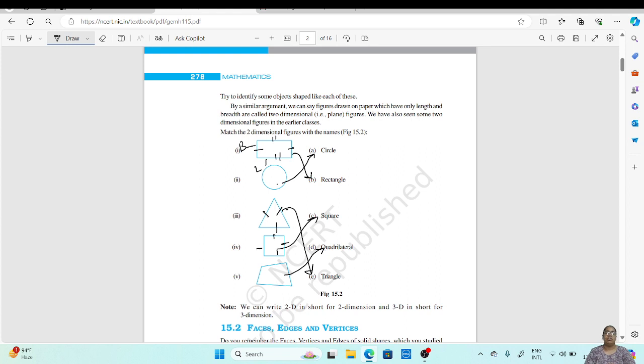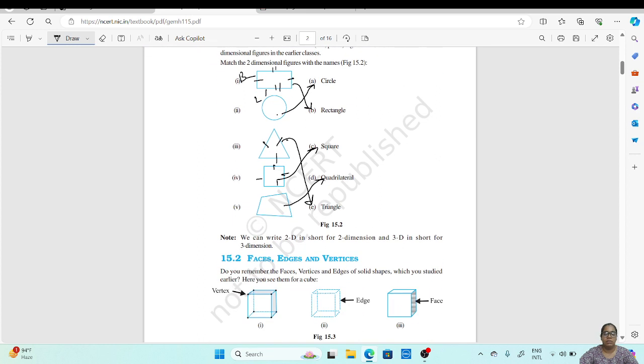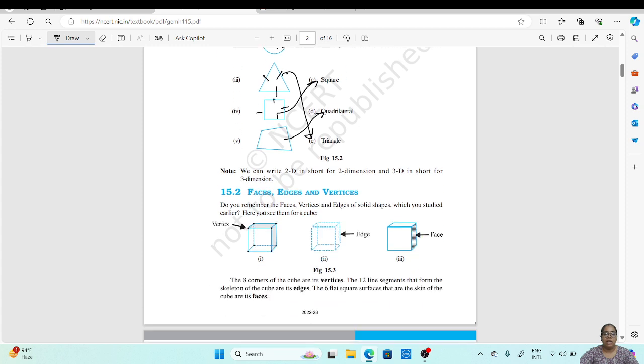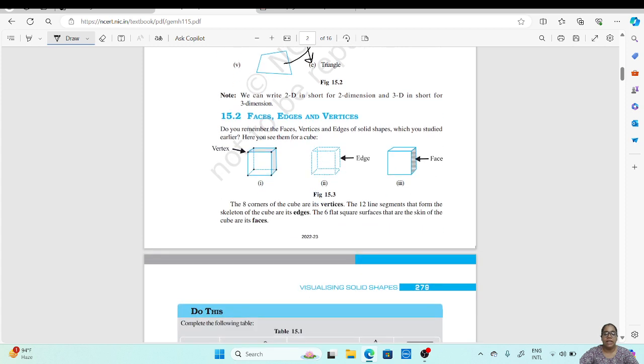So this was about two-dimensional and three-dimensional shapes and how they look in three dimensions and in two dimensions. Now let us see what these three-dimensional shapes are made up of. First, three-dimensional shapes consist of faces,